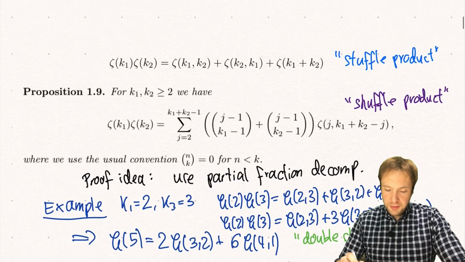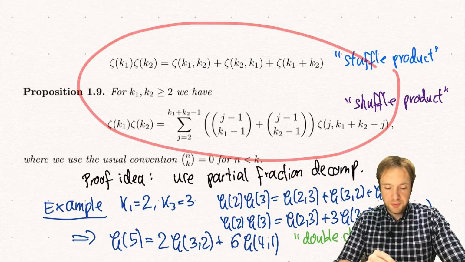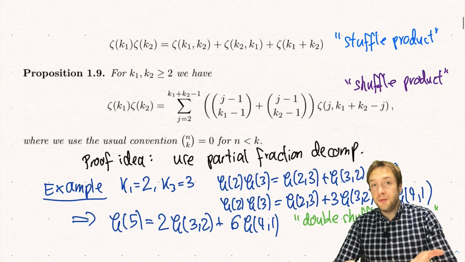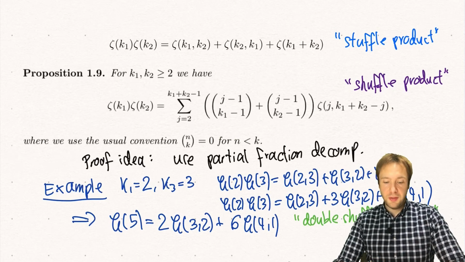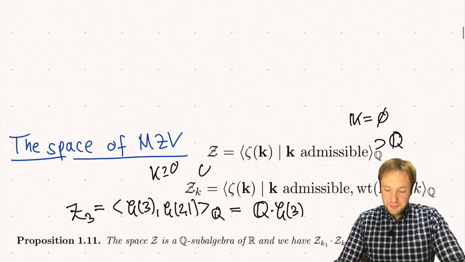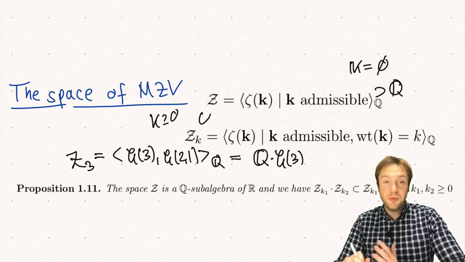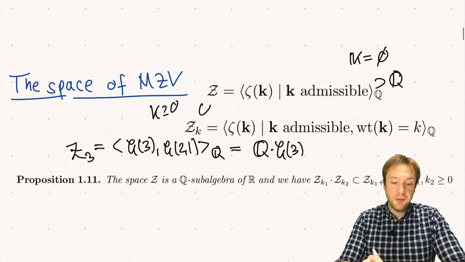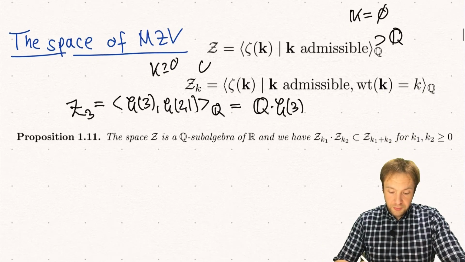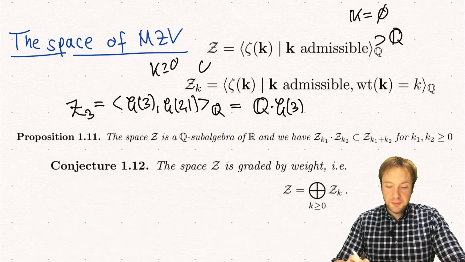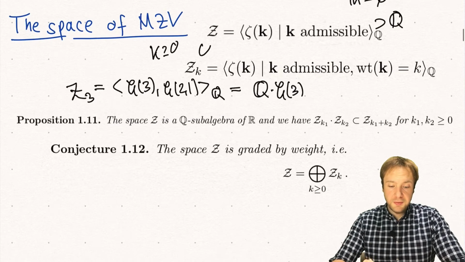And also in this case here, every multiple zeta value has a weight k1 plus k2, so this just gives relations among multiple zeta values of the same weight. And this seems to be true in general, that we actually do not have any relations among multiple zeta values of different weight. So this is one of the main conjectures in this field, namely that this space Z is